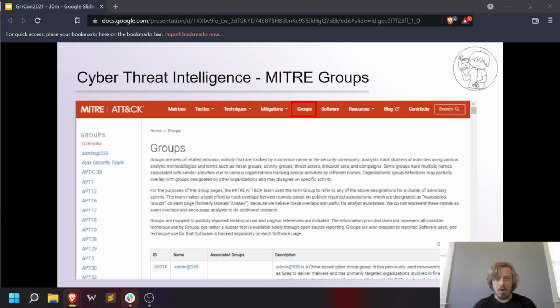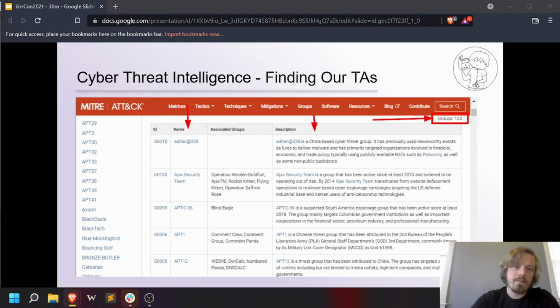A lot of the time, open intel is dated and things no longer work as described in the report, which may be in part why that intelligence has become open in the first place. So paid intelligence gets you what happened today, yesterday, or maybe last week, rather than what happened months ago or maybe even a year or so ago.